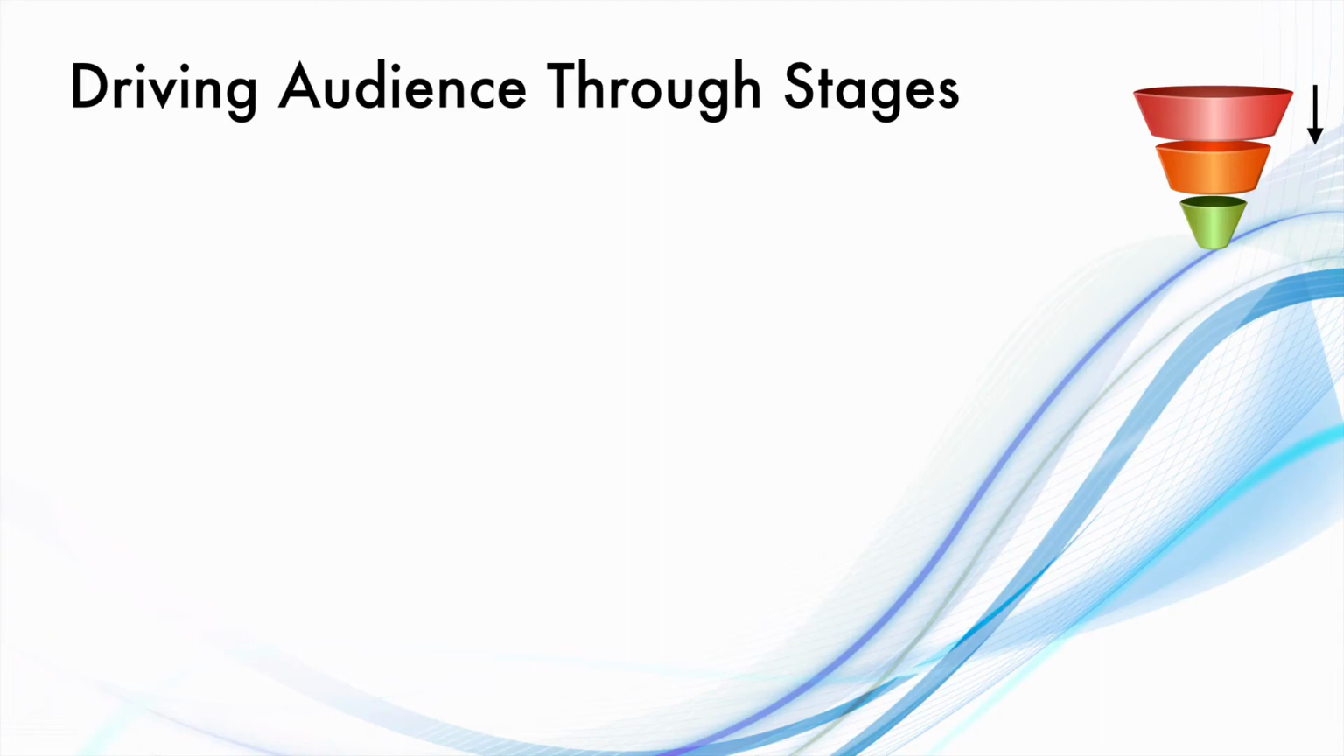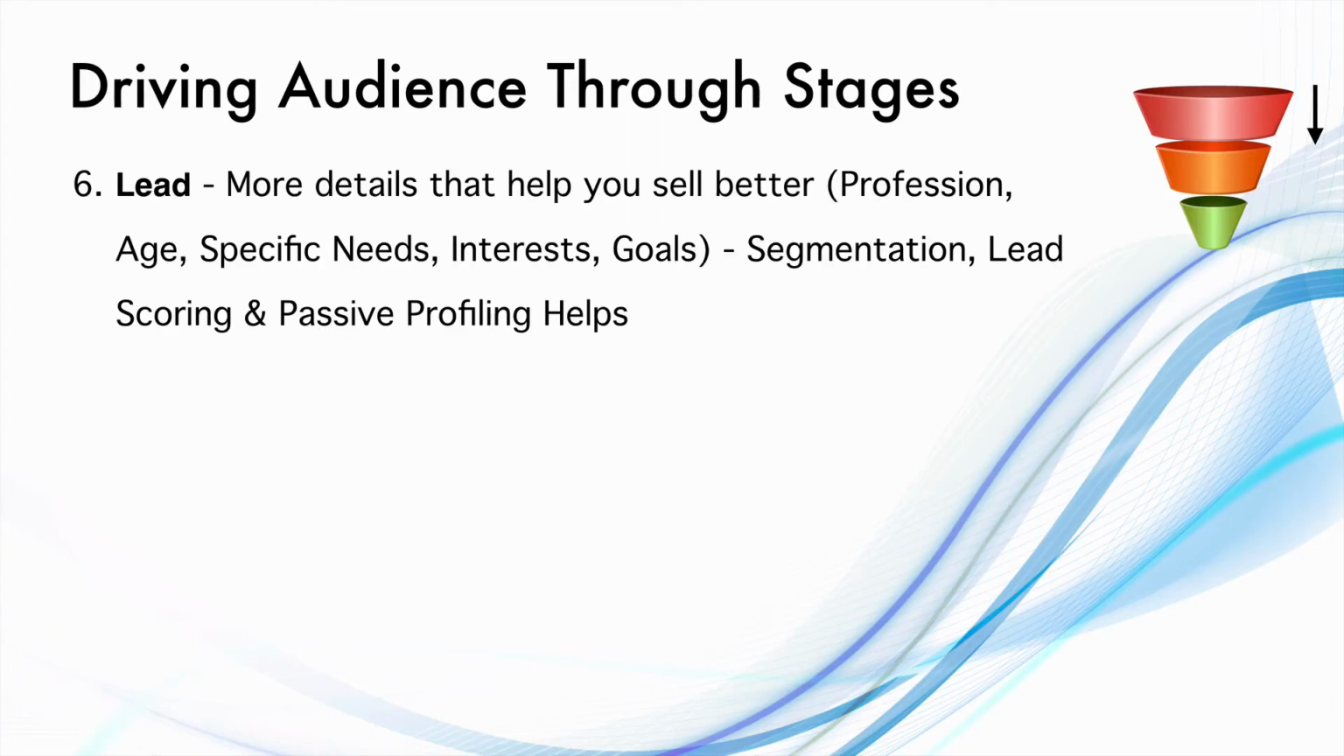So once people come into your funnel at the email stage, then you have to make them a lead. So here you need more details that will help you sell better. You can understand about their profession, age, specific needs, interests, goals. So here segmentation, lead scoring and passive profiling, all these topics come into place, where in my blog, for example,